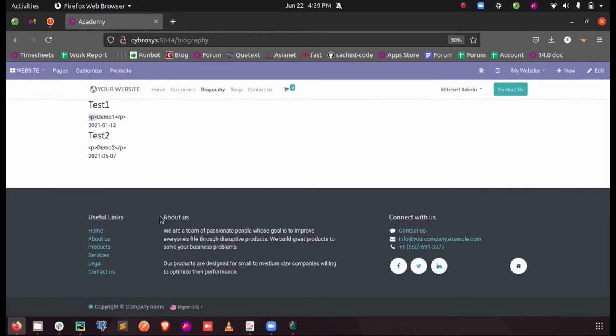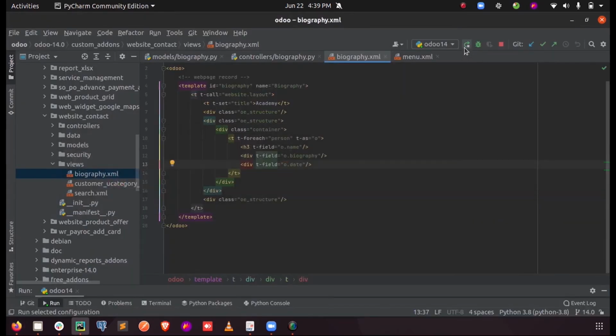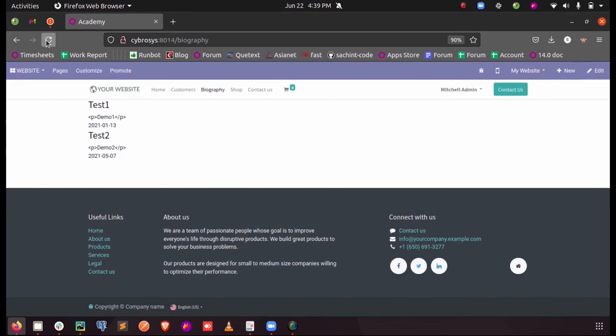So if I run this right now, let us see what changes occur. Let me refresh the page again. Here you can see it displays just the data inside the field instead of showing the whole raw data of the field. Before we could see the p tag since it was an HTML field.